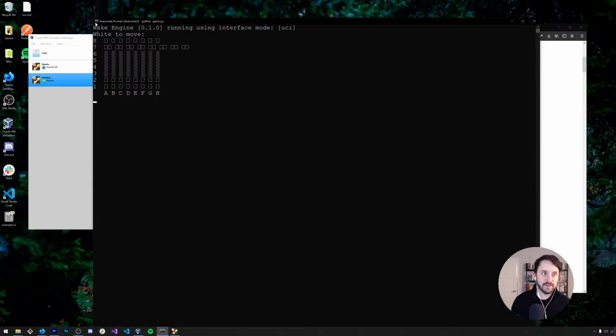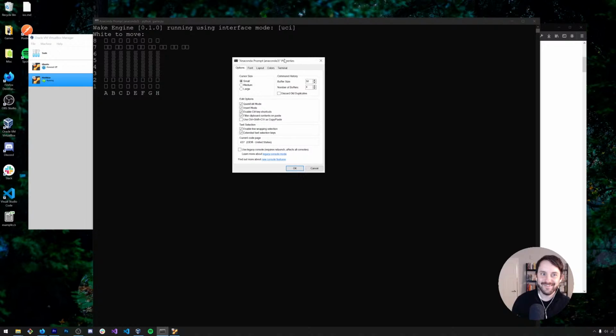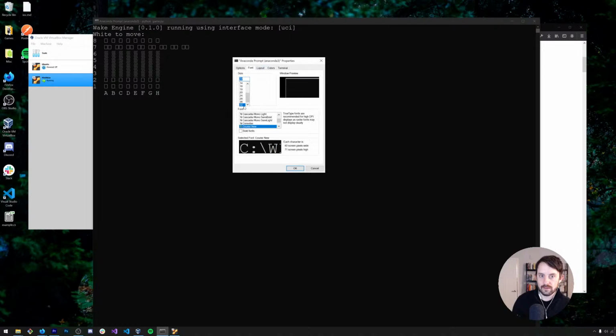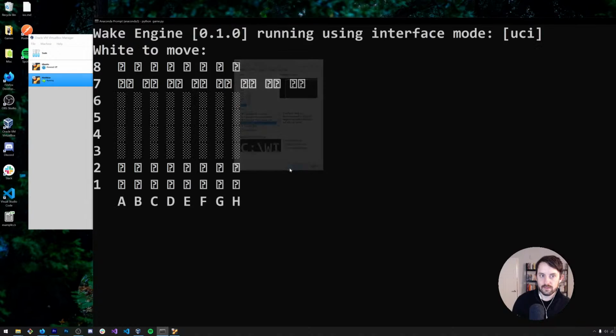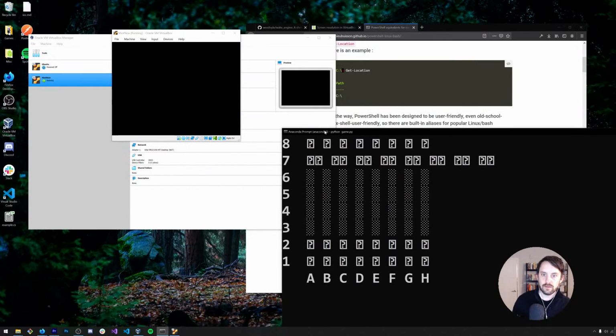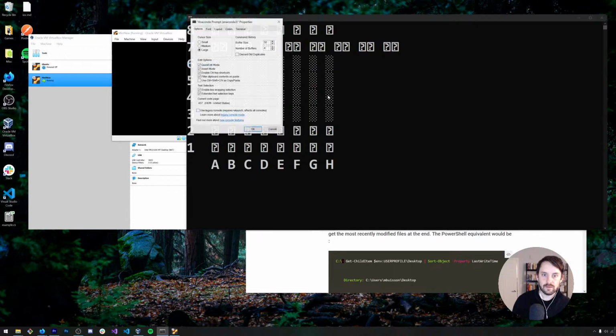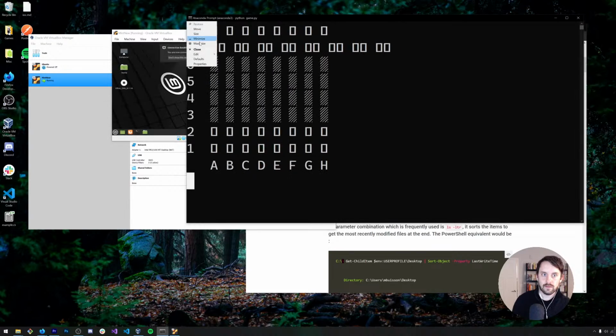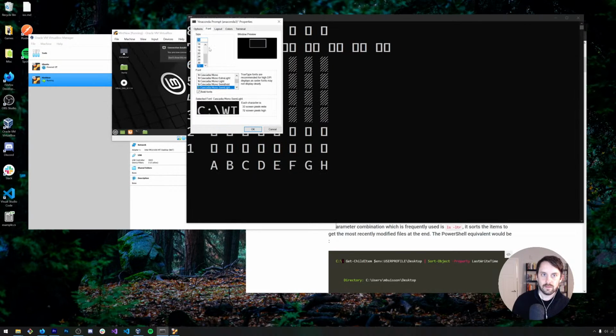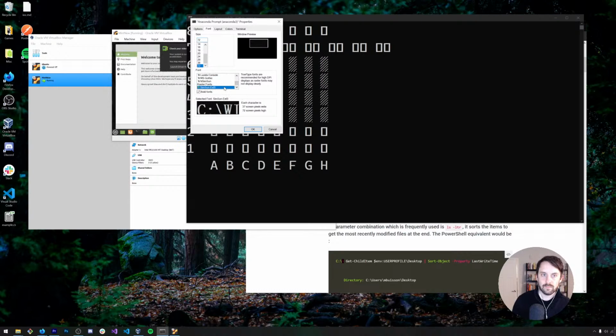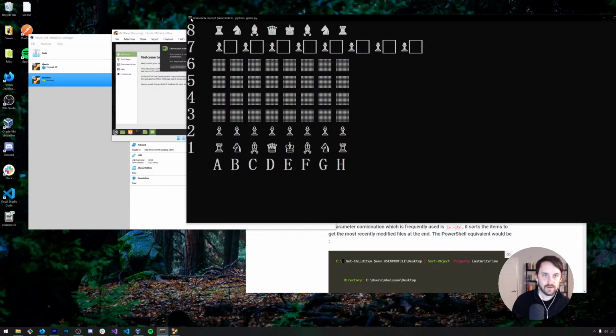I've got to find out which glyphs actually work here. It's funny that the black pieces have two unknown characters. Wow, one of the Chinese fonts actually works.